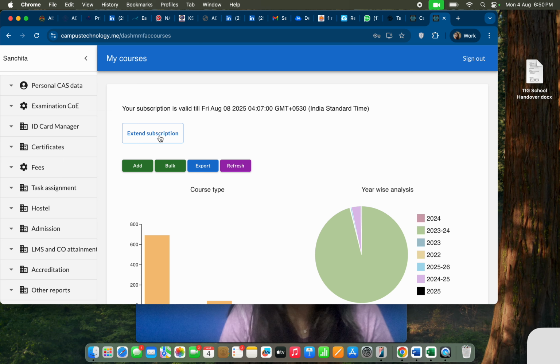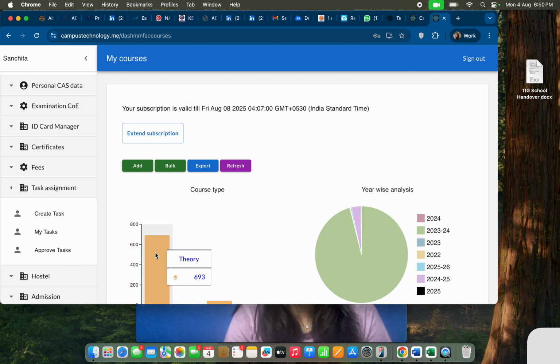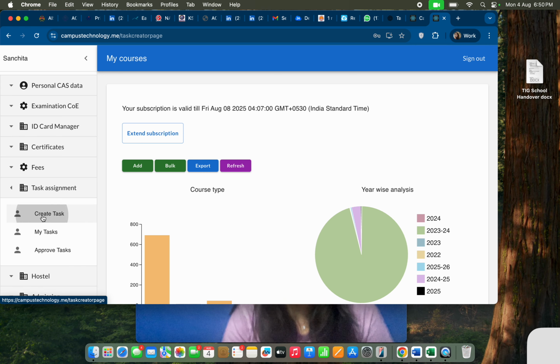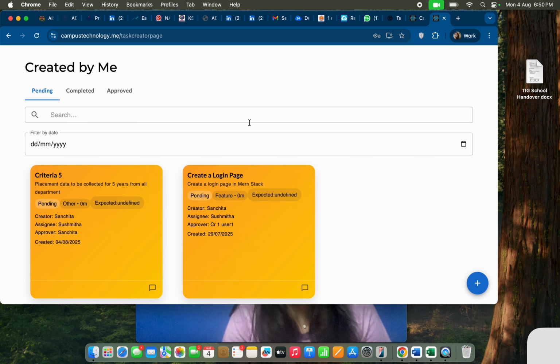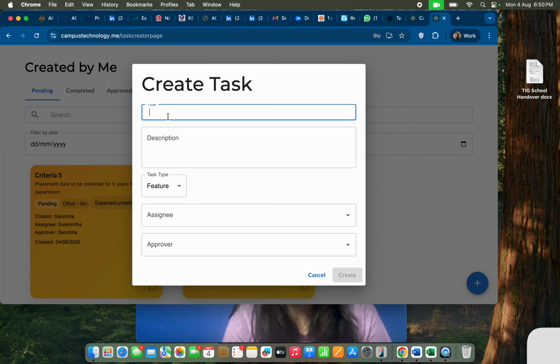Let me quickly show you how this task assignment happens. As you can see, I have logged in already. Now I will create the task. While creating the task, you have to click on the plus button.